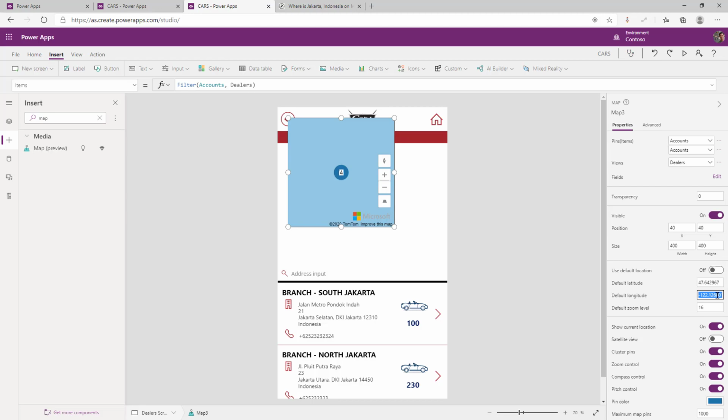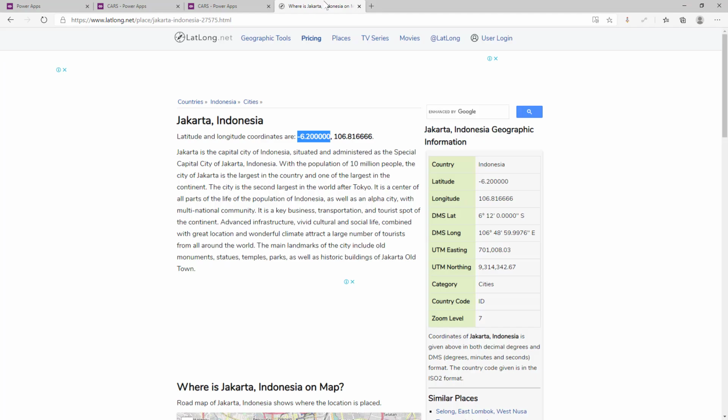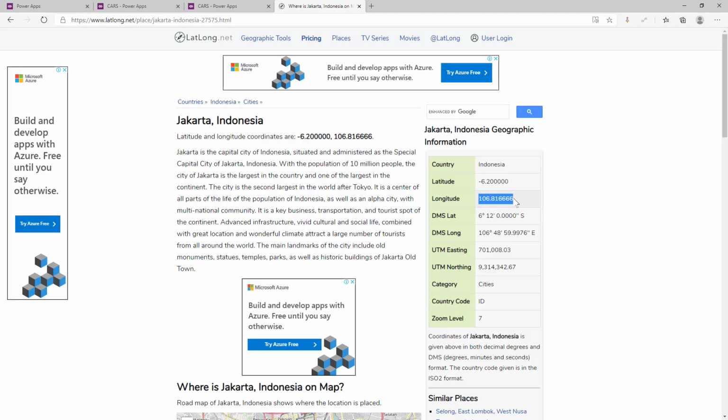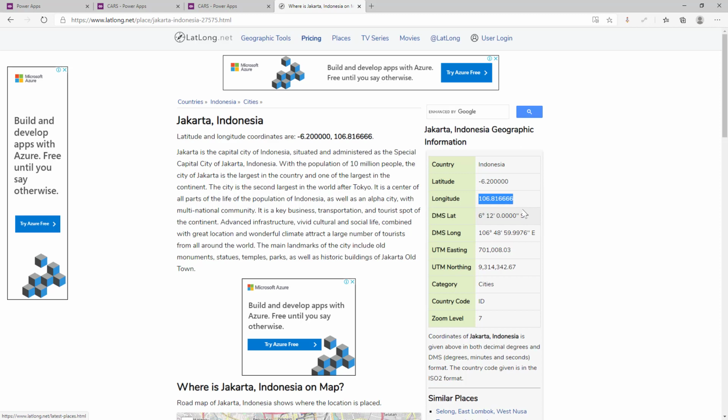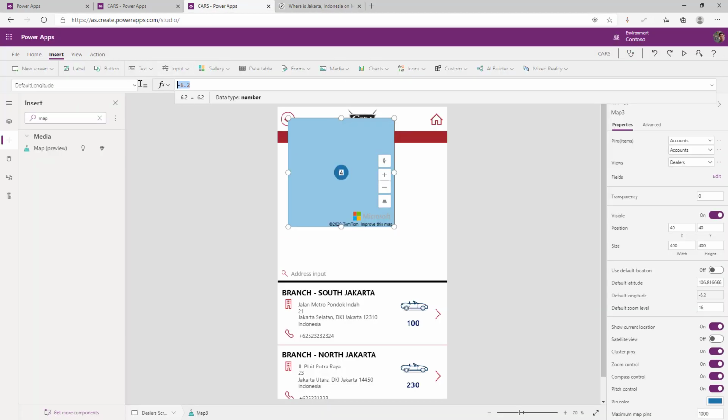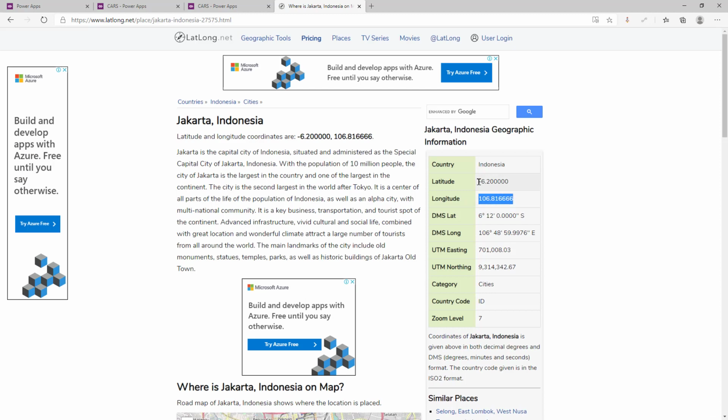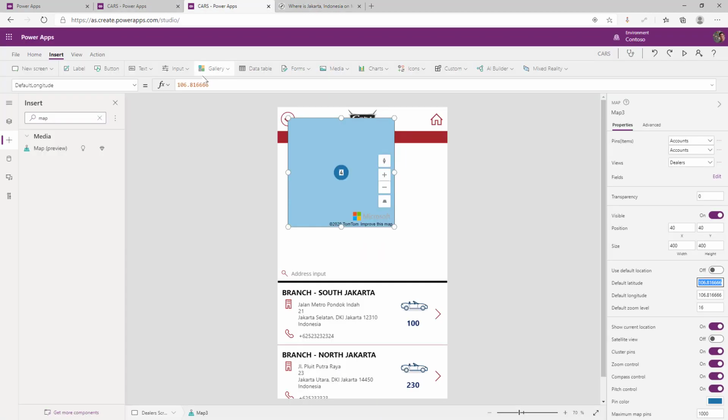So in here, just type in the longitude, then change the latitude also. Okay, copy this, then paste here, then copy the latitude also.